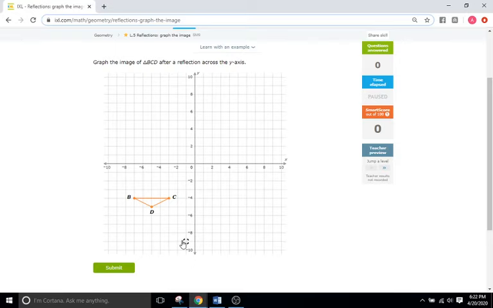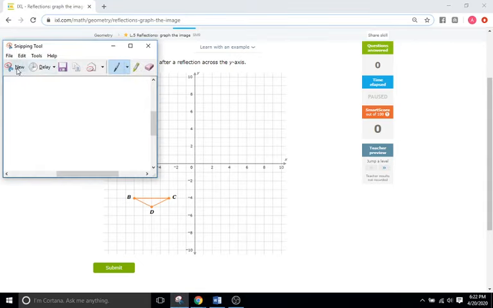Now, if you remember from class, when we reflect something, we reflect a shape over what's called the line of reflection, right? So we go up to our question here, and it says, graph the image of triangle BCD, that triangle right there. We're going to graph that after a reflection across the y-axis. That's just saying that we're going to reflect this triangle over the y-axis. Okay, so for that,